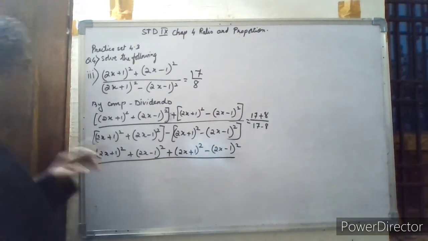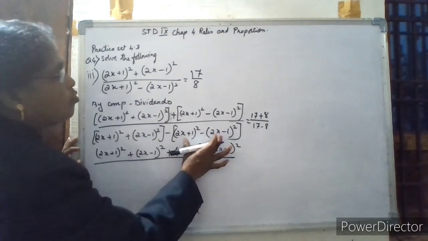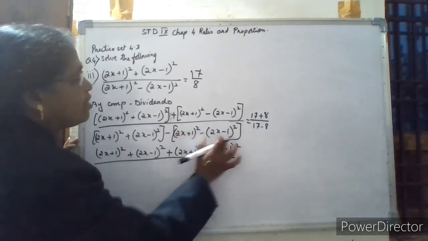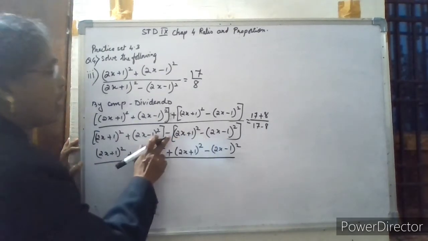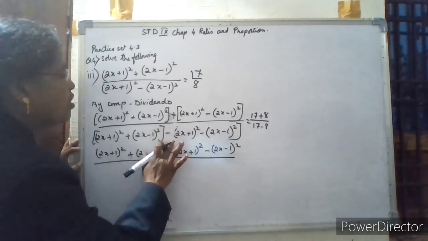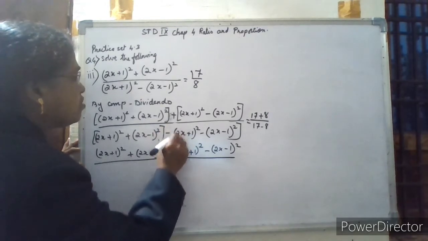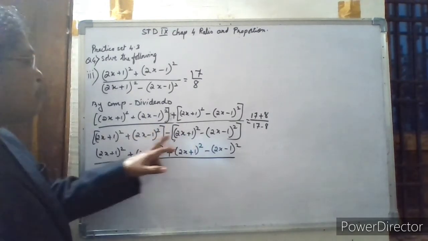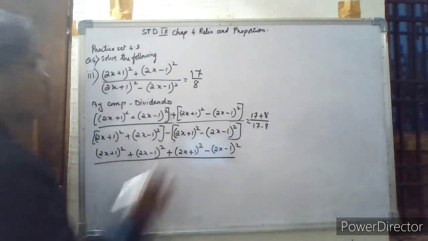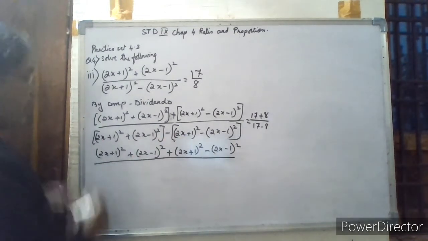Here, in the denominator, only these two terms, not inside the round bracket but outside, the minus sign will change, and here also this is plus. Here there is no sign, which means this is plus sign. So plus into minus will be minus here and this will be plus here. Only this much changes will be there. Rest all will be the same.